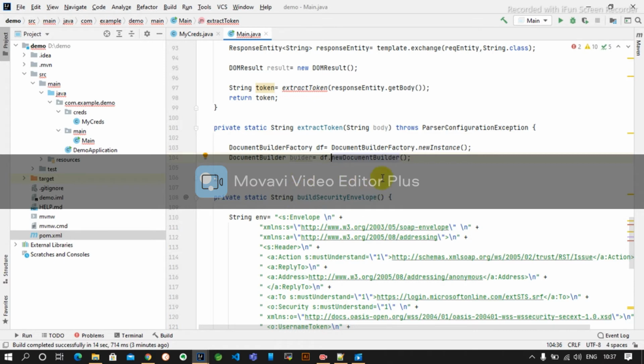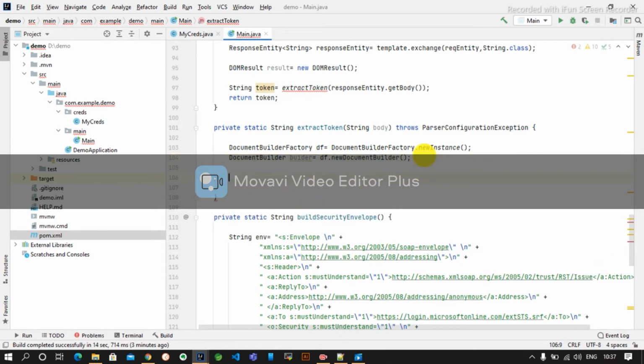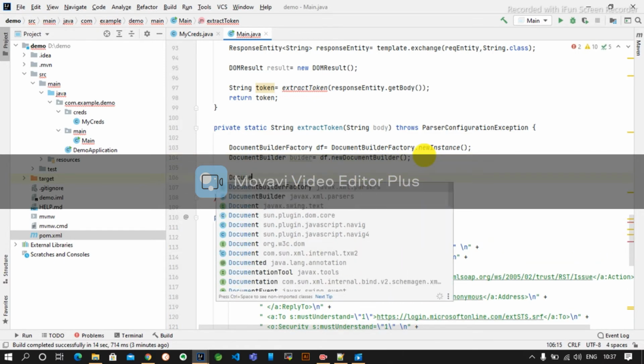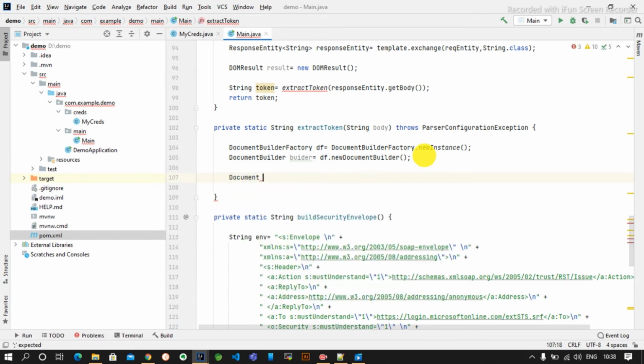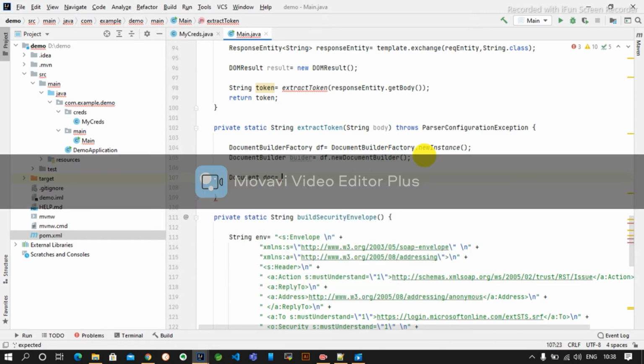Then document doc is equal to db dot parse.